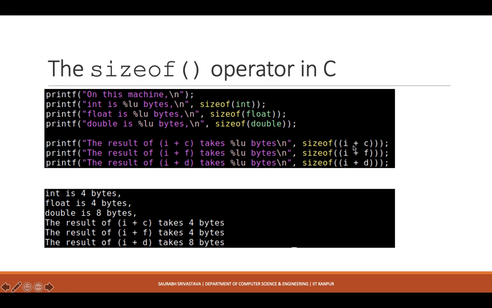I can also do something like this, right? So i is essentially an integer type and c is a character type. I am saying i plus c. This is an expression which has an integer and a character, and the implicit conversion makes the result an integer, and that is why I get 4 here. Similarly, I have an integer and a float, and because both take up the same amount of space on my machine, you cannot differentiate. But here you can differentiate. One is an integer, this one is a double, and if I do i plus t, the final result is getting typecasted to a double. So the size of the result is 8 bytes.